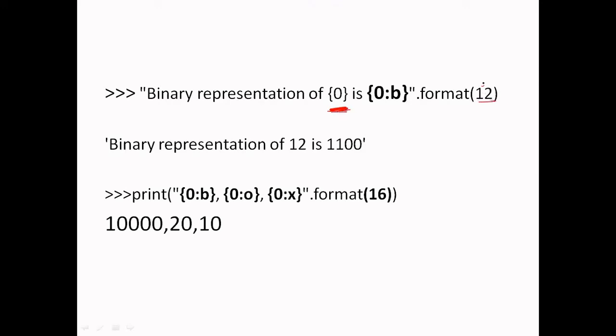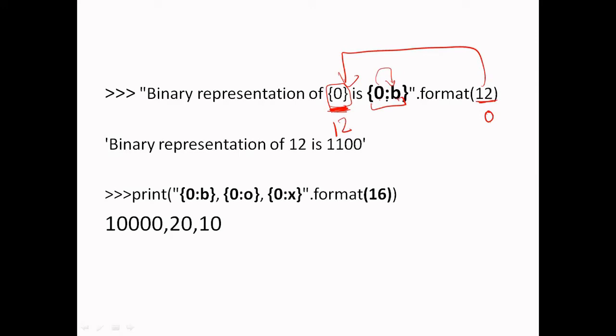That means the first one will be replaced by 12, as we have used the positional argument and there is just one element at position 0. So the first 0 will be replaced with 12, and this second part will be replaced with the value at position 0 again, but this value will be converted to binary because